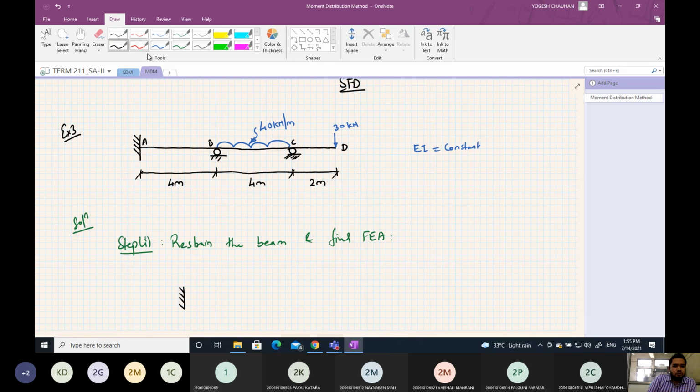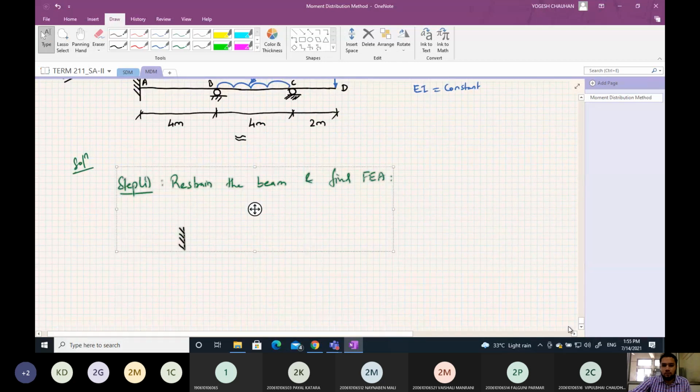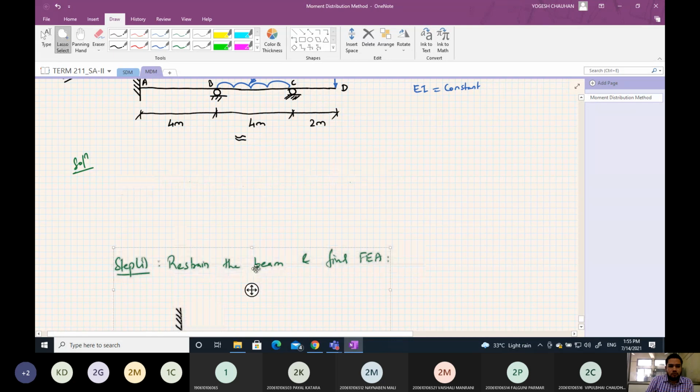This is equivalent to the equivalent beam, which will be